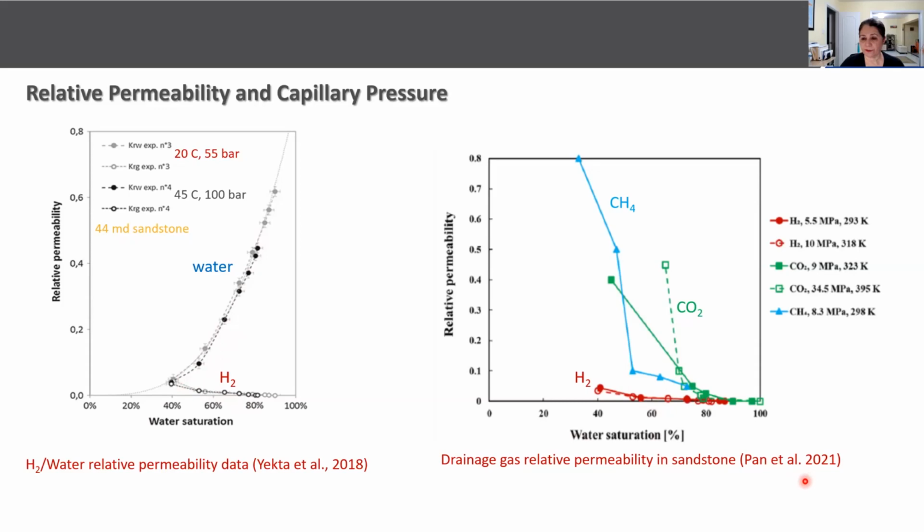Also, from another reference, they compared hydrogen relative permeability from Yekta's, it's actually the exact same curve, versus CO2 and methane. And you see that hydrogen relative permeability is much smaller than CO2 and methane. Of course, you have pressure differences, you have temperature differences, but it seems like you have a lower relative perm